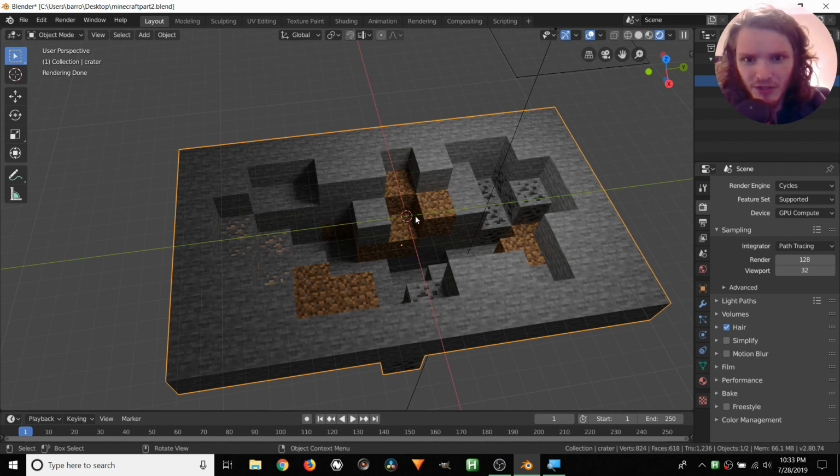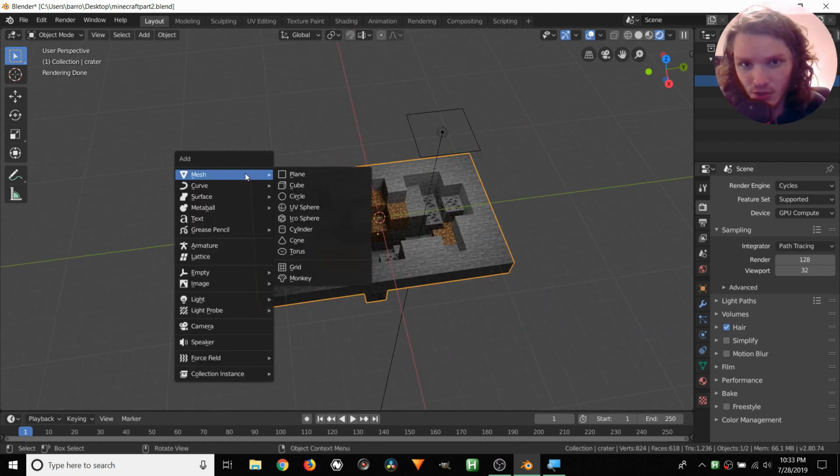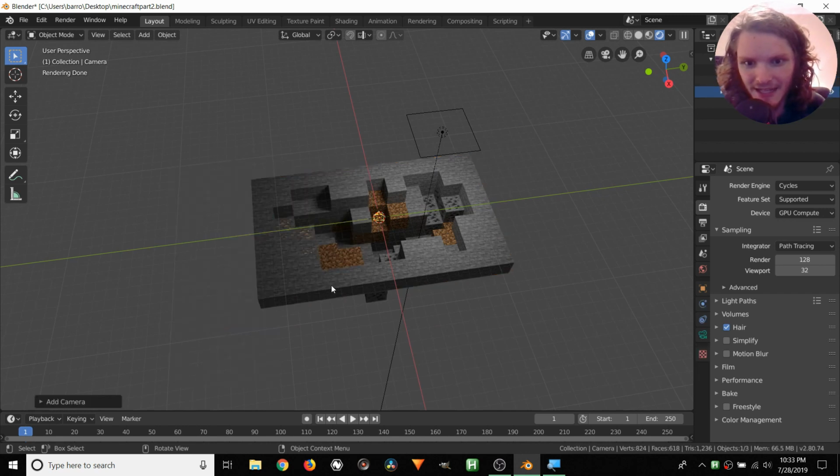But what we want to do with this crater model, which again is now one object, we took all those cubes and joined them, is integrate this with our footage, and more specifically, we want our camera motion from the footage to match a digital camera in here. So what I mean is we have a camera, so Shift-A to add, and we're going to add in a camera. We're going to make this camera move in the same way that our footage moves.